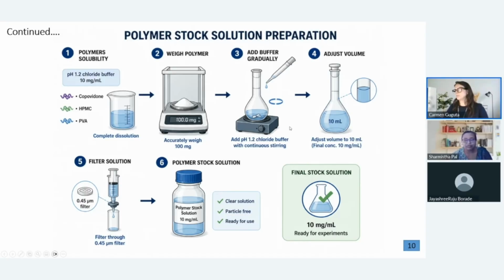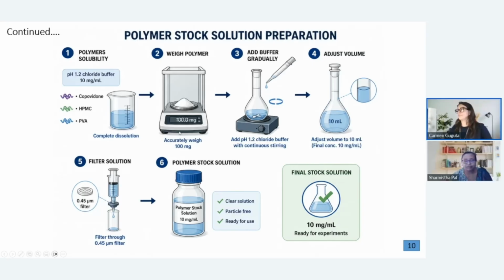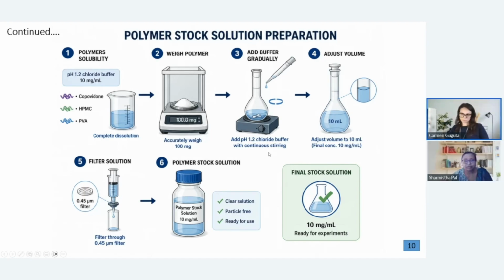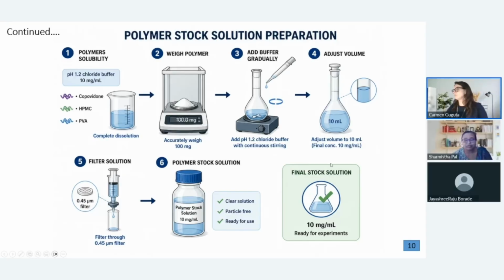Next, accurately weigh 100 mg of the selected polymer. Precision at this step is very important to maintain the final concentration. In the third step, we gradually add the pH 1.2 chloride buffer to the polymer while continuously stirring. This stirring ensures uniform mixing and prevents lump formation. Then we adjust the total volume to 10 ml, which gives us the desired final concentration of 10 mg